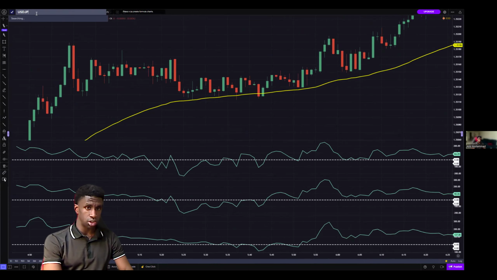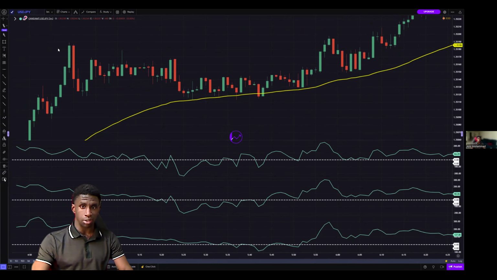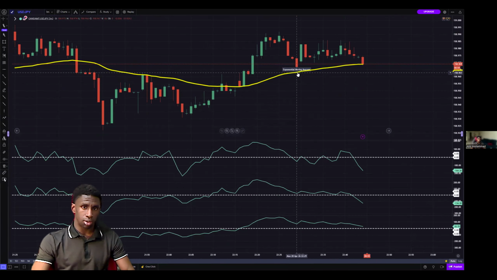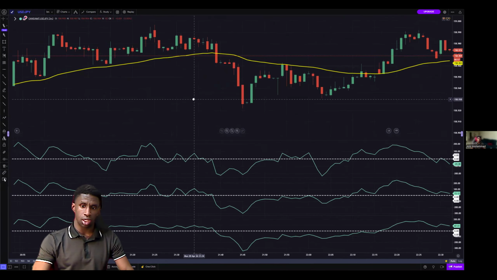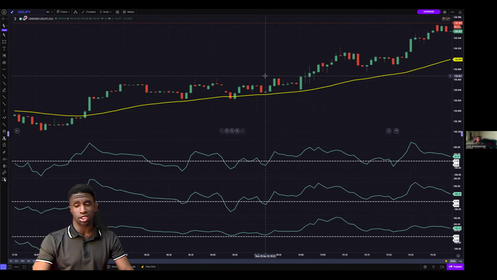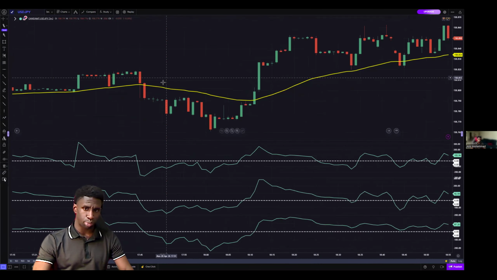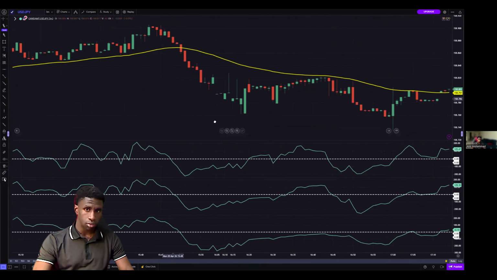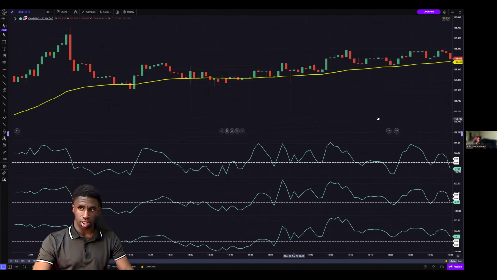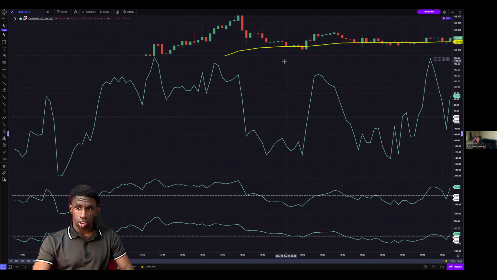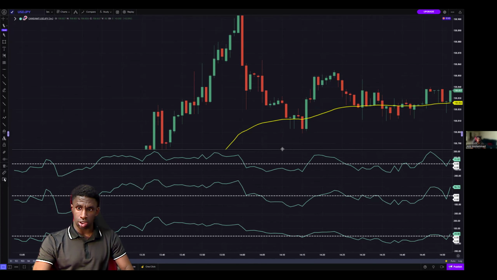On Pocket Option, it really depends, bro. I don't have that much money in my account, so I'm still on demo. It really depends how much money you have in your account, because they keep changing the payout depending on how much money you have. So it all depends, bro. The more you have in your account, the higher they push the